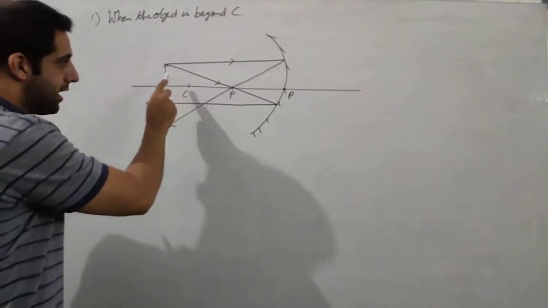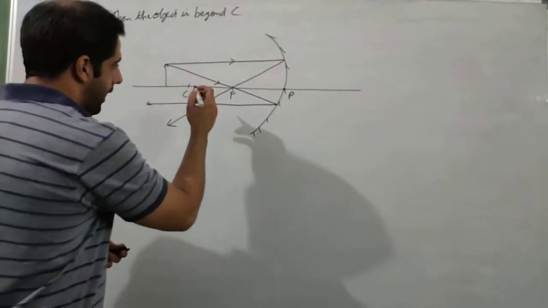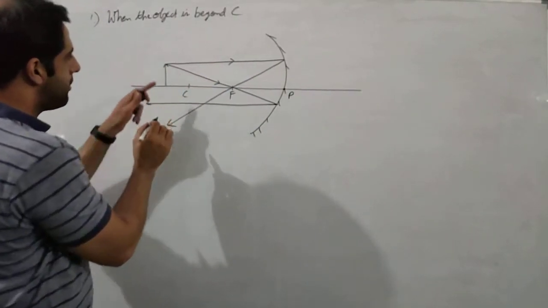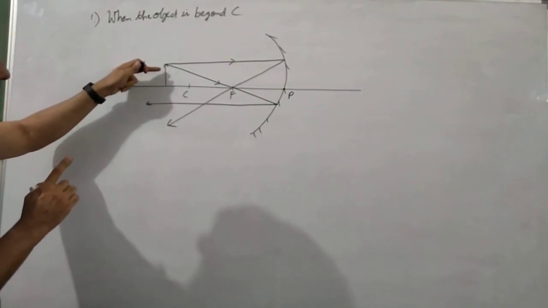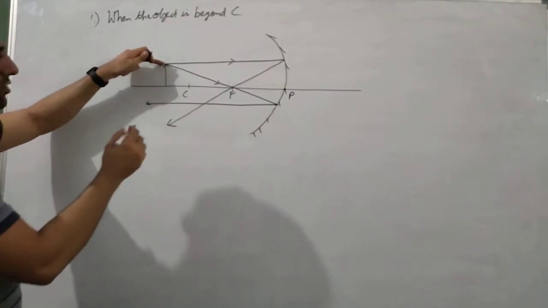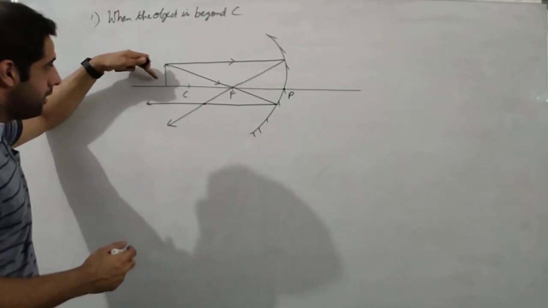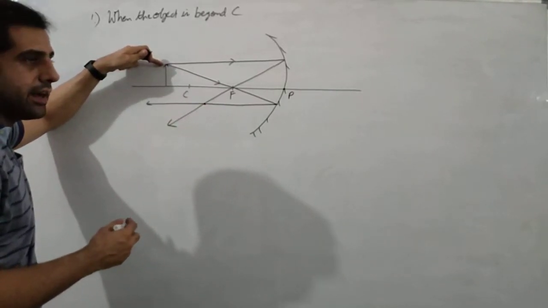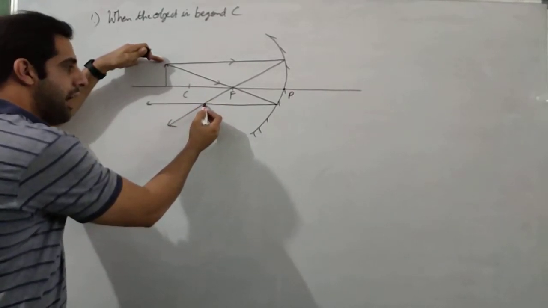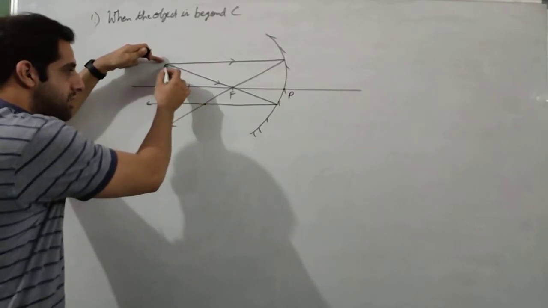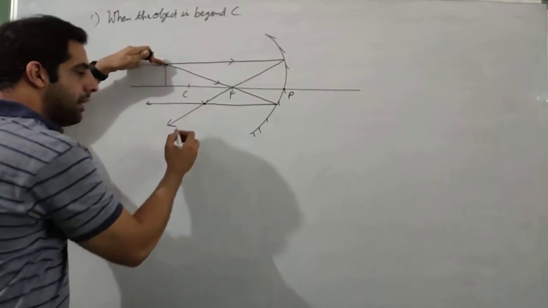That means the image of this object will be at this point. And this image, where is the light coming from? It is coming from both the rays that we took from the head. We did not take from the lower part, we took from the head. So where they are meeting at this point, the head should be there, because the incident lights are coming from the head of the object. So where these reflected rays are meeting at this intersection point, the image of this head should be there. So it will be like this.